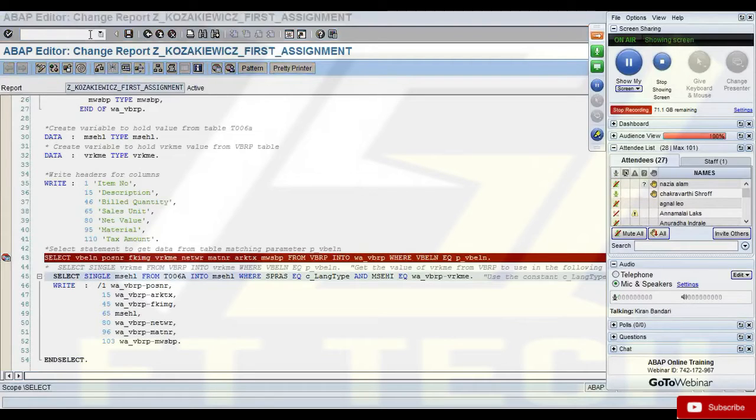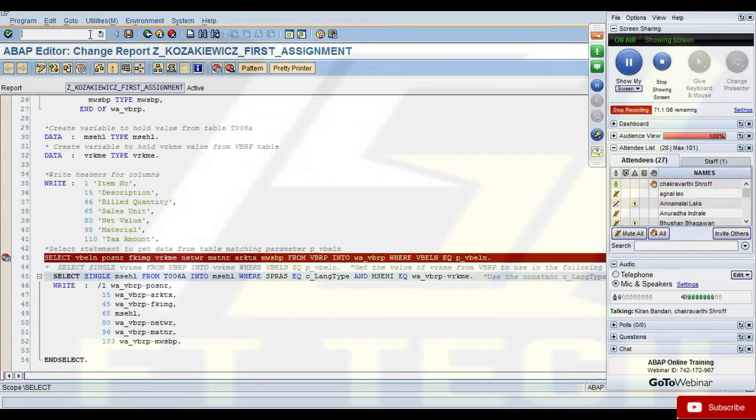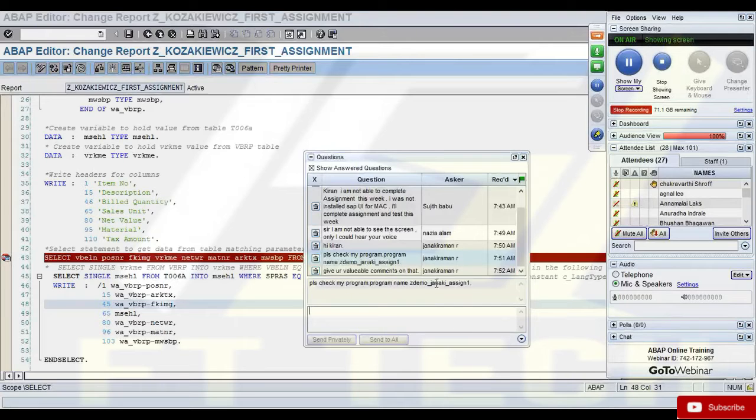Chakravarti? Hey Kiran, my program is working fine. I just want to make sure whether I've followed a best practice or is there any other alternative to what I've done. Right now, the code that you see, this is what I was expecting you to do. But don't worry about the best way of doing it. Right now, if you can get me the output, that's sufficient. Even I'm getting the output, and this is not the ideal way to do it. As we move on, you yourself will understand what is the ideal way. But right now, if you're getting me the output the way I want it, that's fine. Yeah, I'm getting the output. Okay, no problem. Janakiram, I'll check your program later and I'll leave my comments.